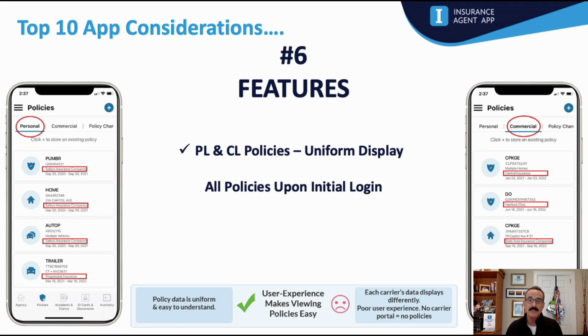Your clients don't need to establish a username and password with an insurance company to then go get that data from an insurance company to then load it into the app. That's why we do these deep integrations with management systems. They take time, but they're more reliable, and it's the way to go. So we like it when your client has that biometric access and all their policy data, including their ID cards,